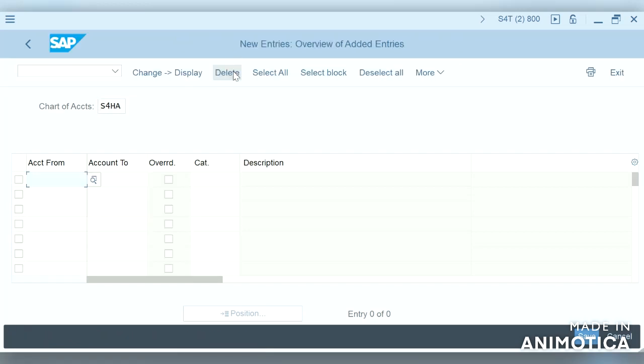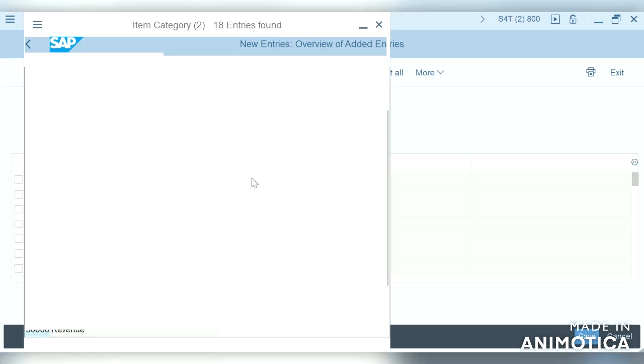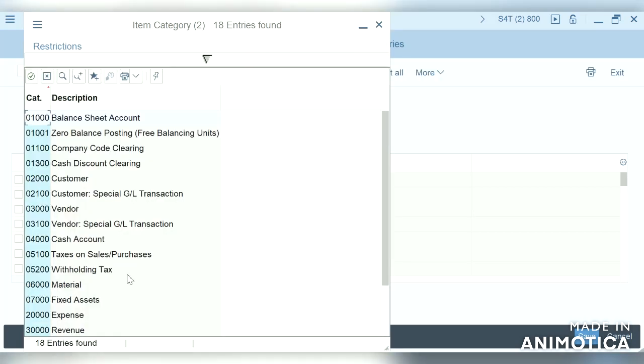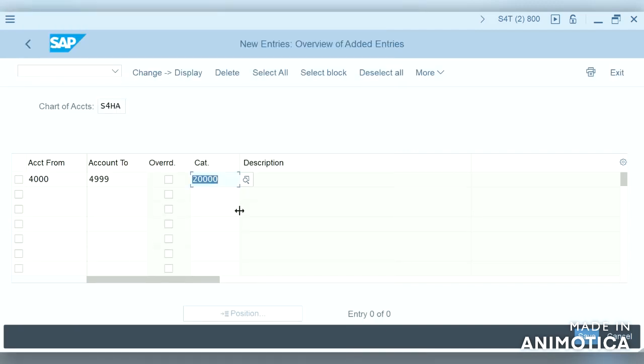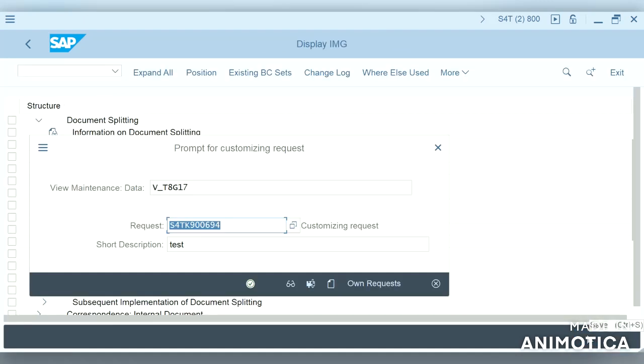So new entries, so what are the expense accounts? 4000 to 499, and category is expense. Save this.